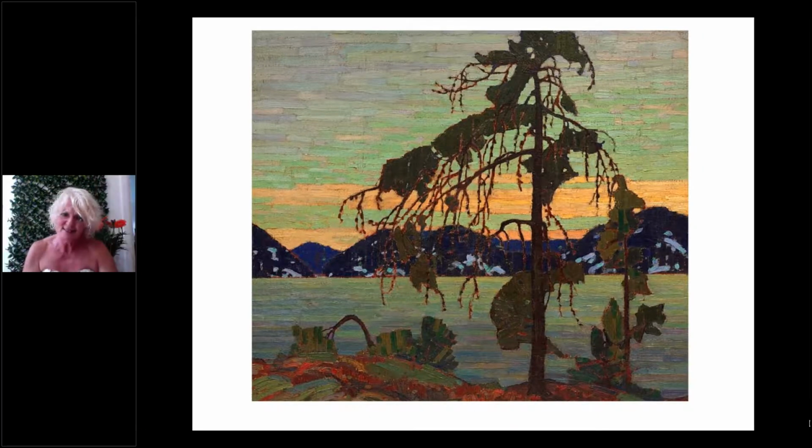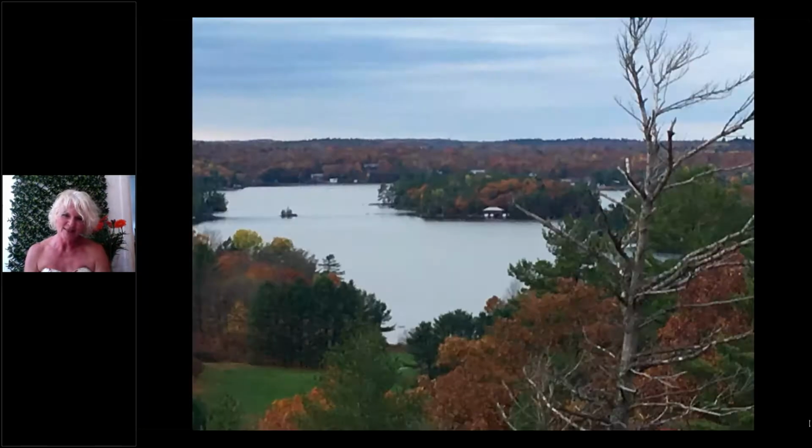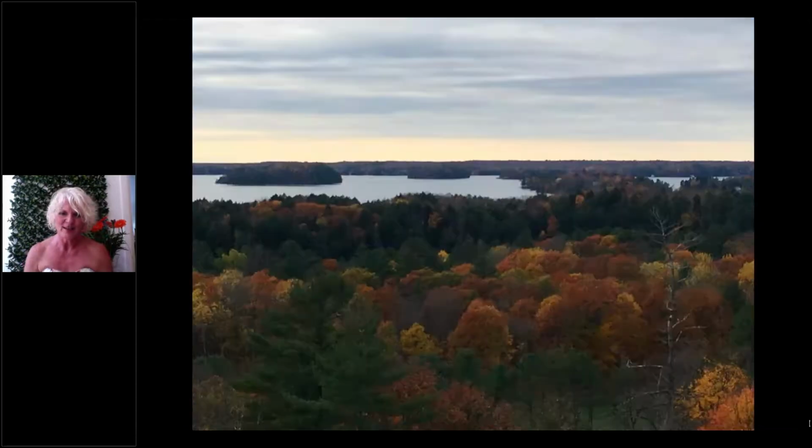I'm going to head here in the not too distant future, in the fall of this year, with our lovely friends from Worldwide Quest. We're heading off to ask these questions in situ as Algonquin begins to open up. We'll have a chance to take some photos of our own and do maybe a little painting of our own, to think about the Group of Seven, their rethinking of our relationship with nature at the beginning of a new century, and definitely in light of all the events that we've lived through over the past months, start to rethink our relationship with it as well.